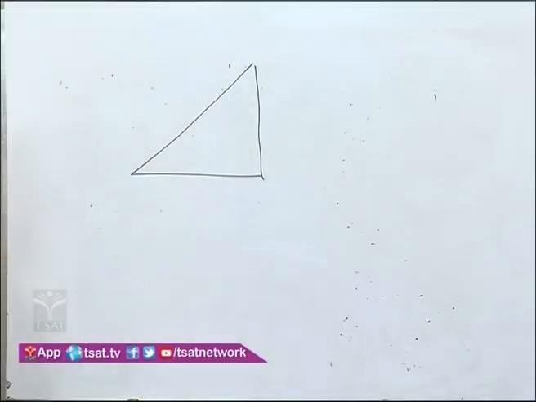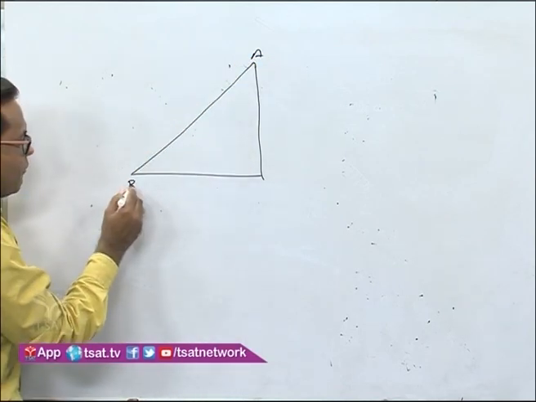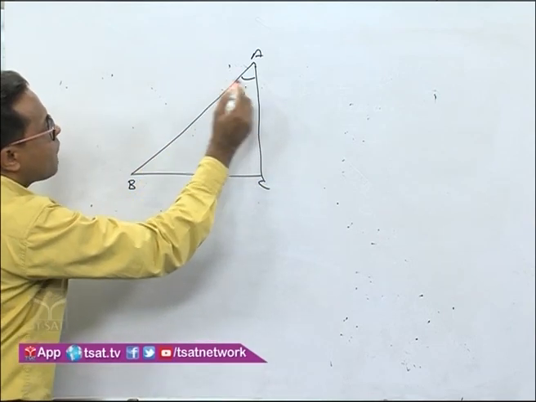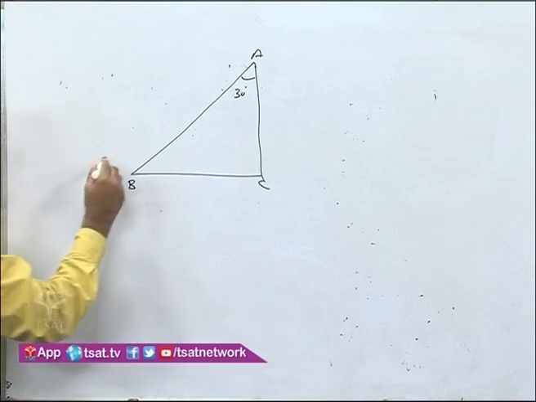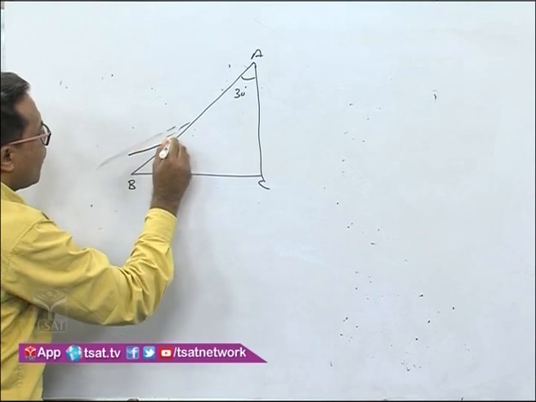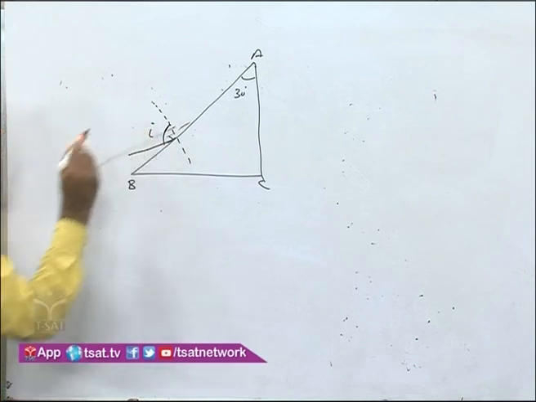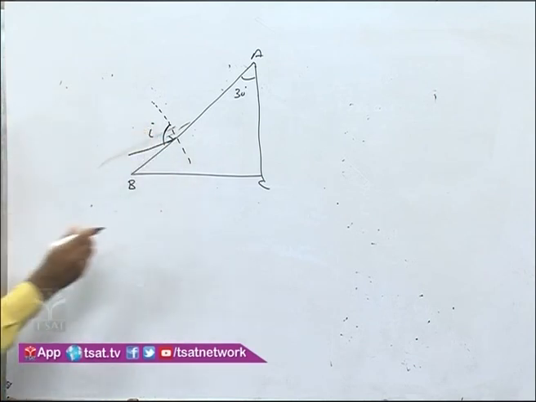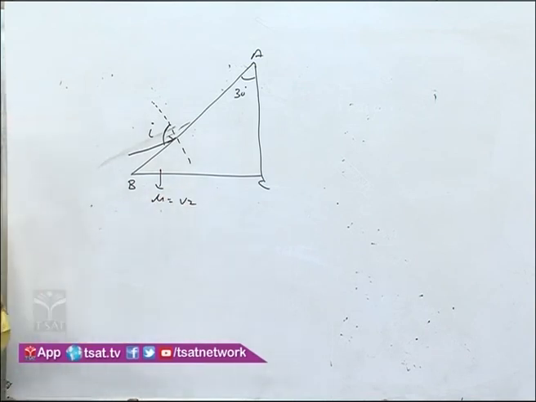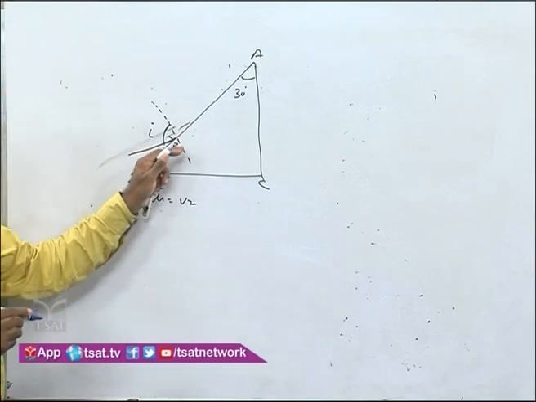They have given you a prism A, B, C, and they have given the angle of prism as 30 degree. Some incident ray is incident on the surface. We drop a normal over here, and this is the angle of incidence which we have to calculate. Now what is the refractive index of the prism? Mu equal to √2.